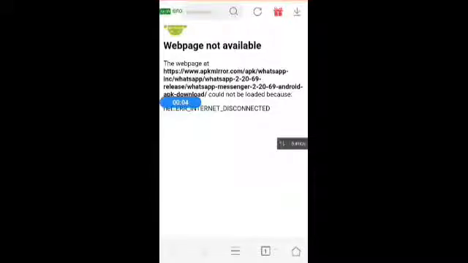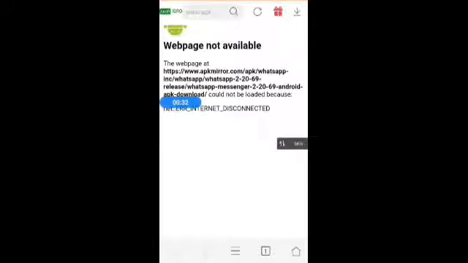Today we are going to be talking about how to activate WhatsApp dark mode. It's very simple. The issue is that WhatsApp has not launched the app into the Google Play Store, so it's on a website known as Acmiro. You can see this is the link, acmiro.com/app WhatsApp 2.20.69. So I will have to go to the website and download it, although I already have the app.